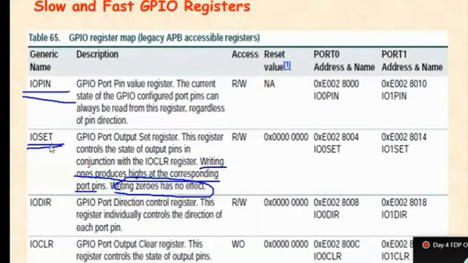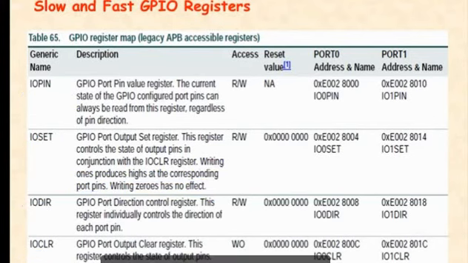Similarly IOCLR is used to clear the output, and writing 1 produces low at the corresponding port pins and clears the corresponding bit, and writing 0 has no effect. And IODIR is used for making that pin input or output. So this table is very important. Once you understand this table, you can write the code for your applications.